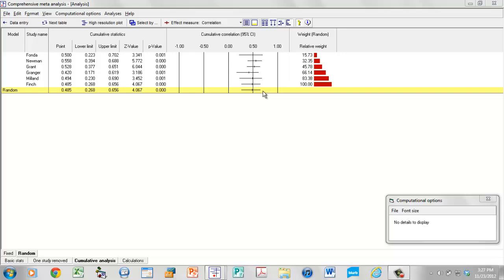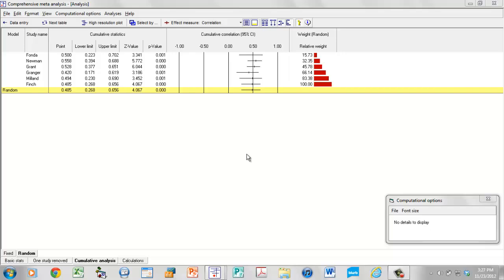If you sort the studies by study size, going from large to small, and you can see how the point estimate shifts as more and more studies are added, you can see whether it is true or not that the effect size actually appears to be shifting, and if it is shifting, how much it's shifting, whether that shift is trivial or whether it actually can have an impact on the conclusion that we're likely to reach. So that's something else that you can do that is sometimes